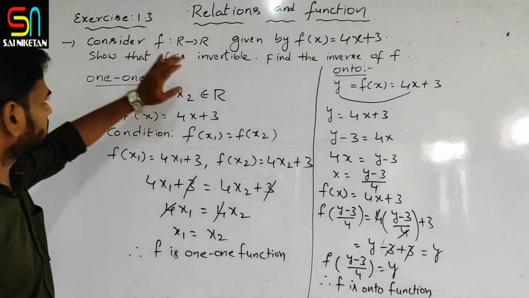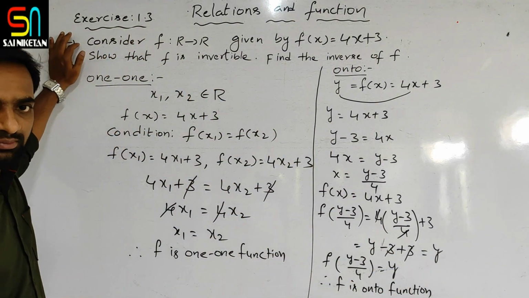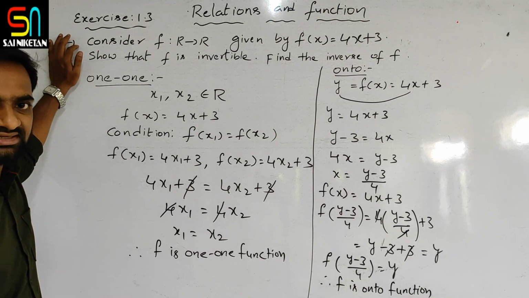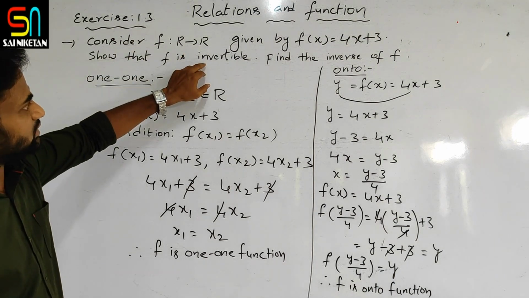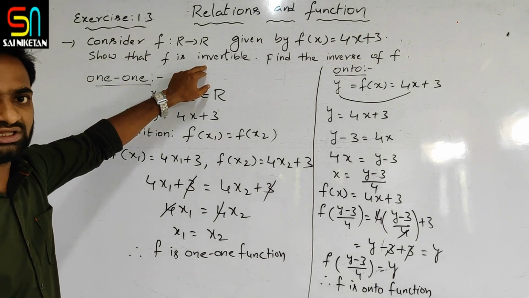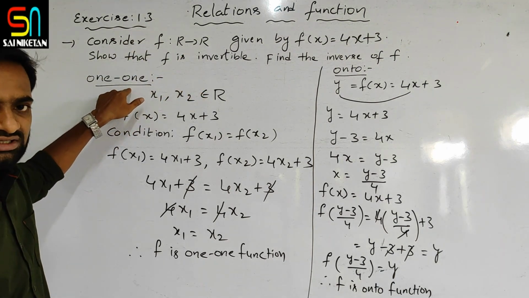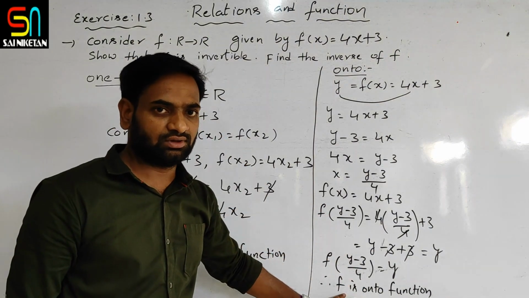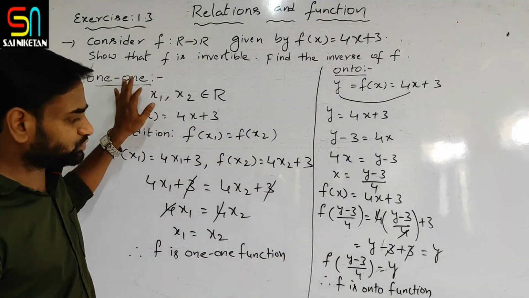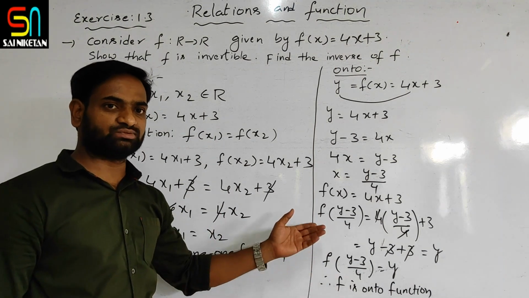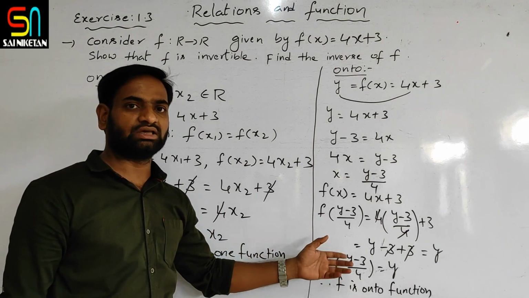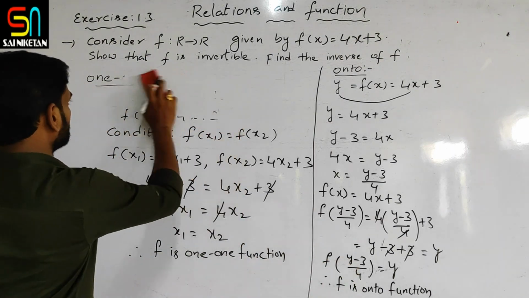See once again, this is actually a 5 marks problem in the board exam. This is the most important problem. What we have to do here: the function is invertible. For that, first I am checking the 1-1 condition, then the onto condition. Now this is both 1-1 and onto. What can you say when it is both 1-1 and onto? Then it is bijective. That I am writing here.